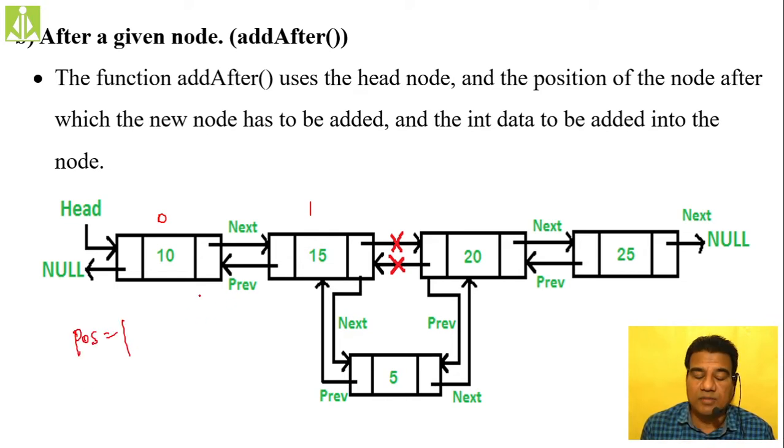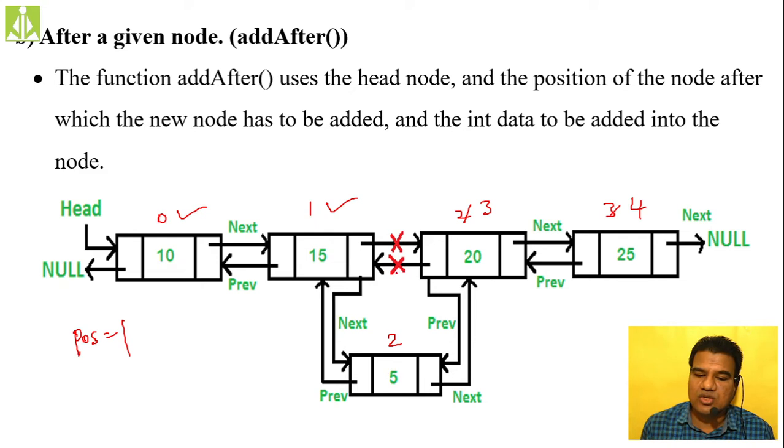Because of that reason only, the insertion is taking place over here. So this is my 0th node, this is my first node, this is second, this is third. After the insertion, what will happen? This will remain as it is, the 0th node. The position will remain as it is, first node, that is first position, and the position of this newly created node will become 2, and the position of this existing node will become 3 now, and the position of this node will become 4 now.